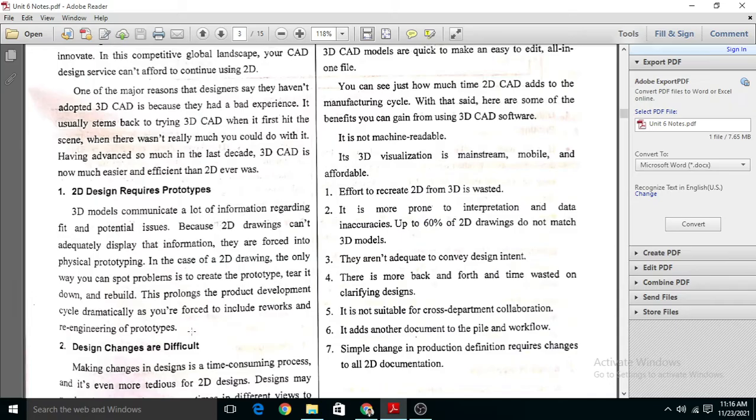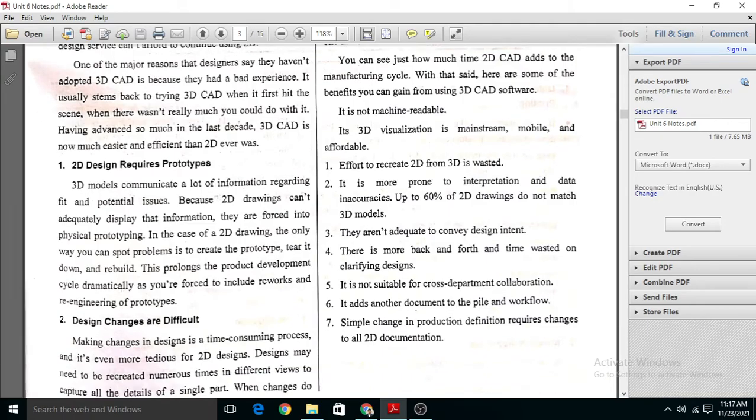In short, the material used for an assembly and the material used for a prototype may be the same or may be different, but many times it is different. So if we want to visualize the 2D object clearly, we require its prototype. So it is a limitation of the 2D drawing.